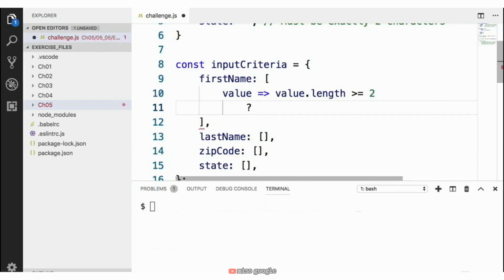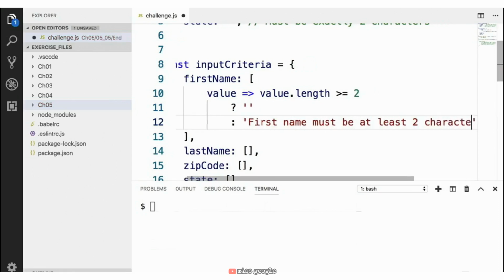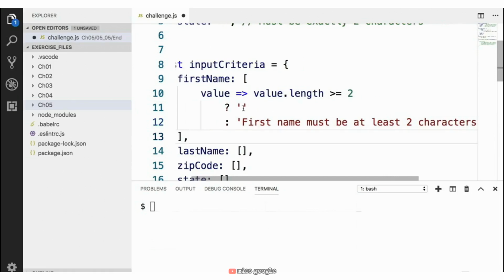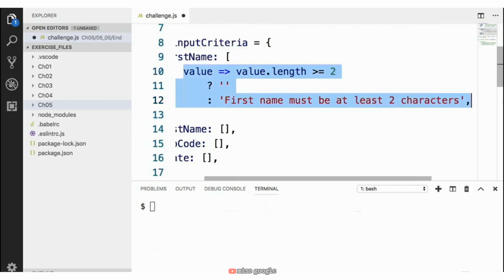And then if this was true, I wanted to return just an empty string. And if it was false, I wanted to return an error message. So we can say first name must be at least 2 characters. Note that I use the ternary operator here, but you could have done this just as easily with an if statement. So this function here that tests if a string is at least 2 characters long, we're going to copy this